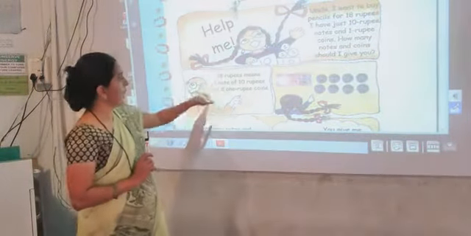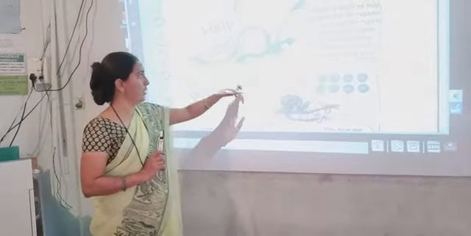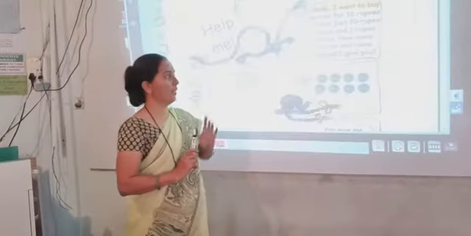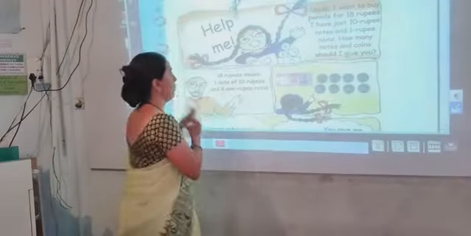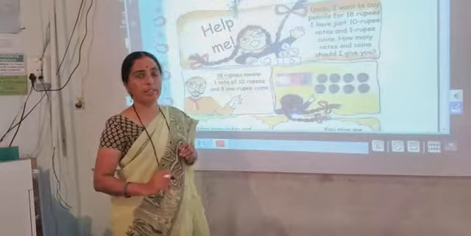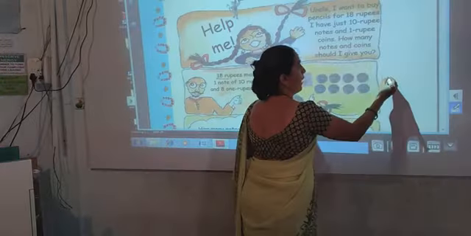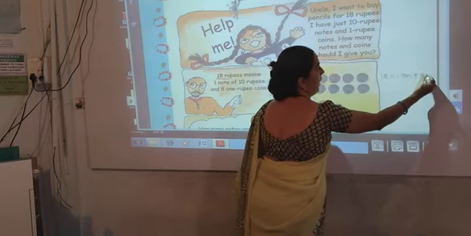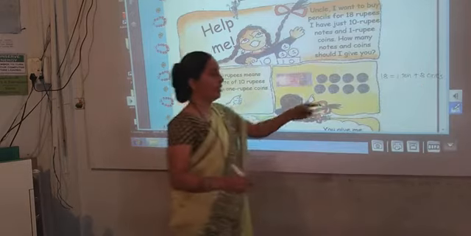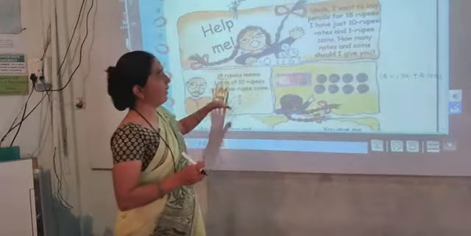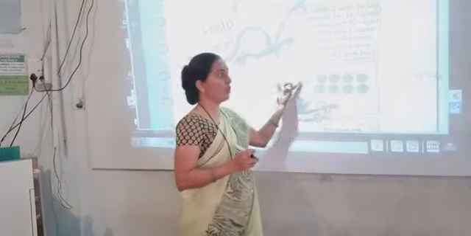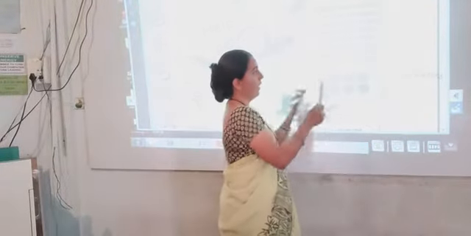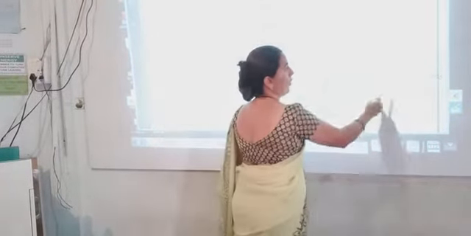you? Now Uncle says 18 rupees means 1 note of 10 rupees and 8 1 rupee coins. Now Uncle said that 18 rupees means, we know that in 18 how many tens are there? 1 ten and 8 ones. So in the same way, to give 18 rupees to Uncle Miku, she has to give 1 note of 10 rupees and 8 coins of 1 rupee.